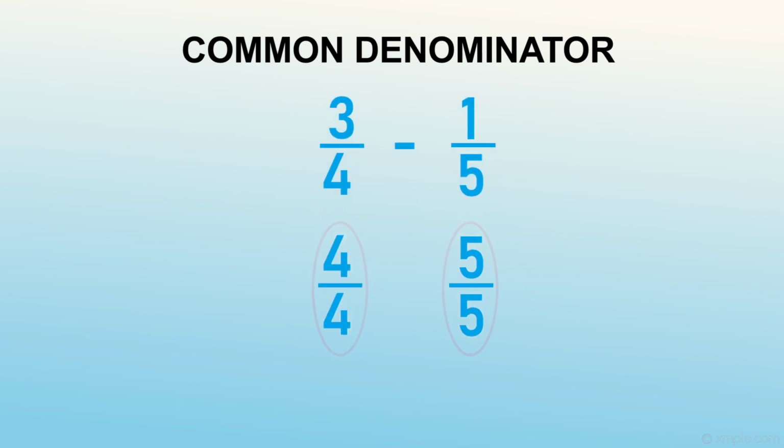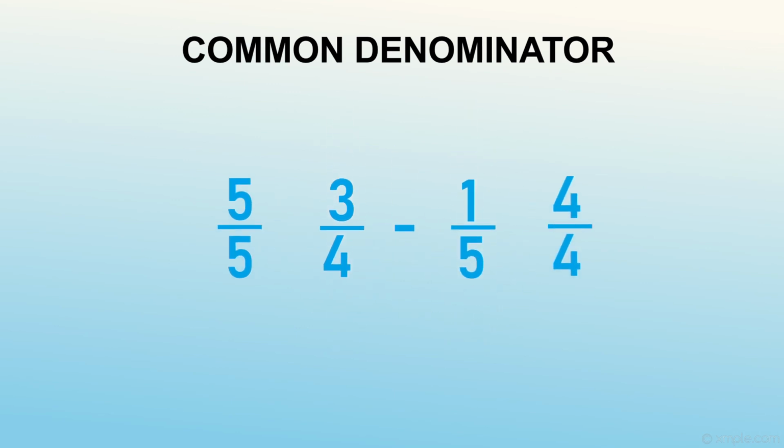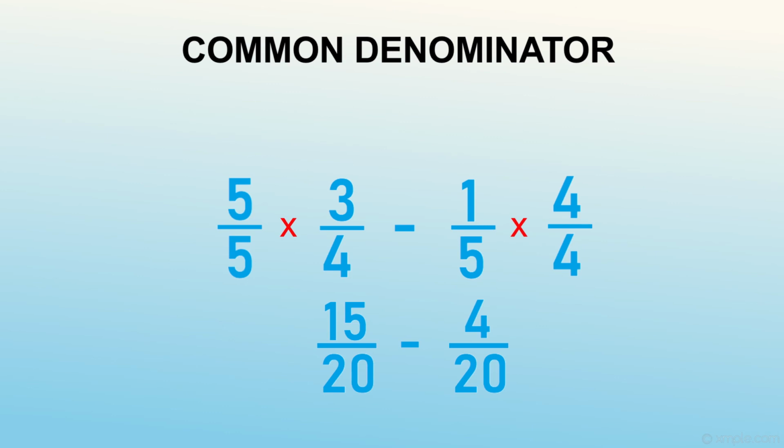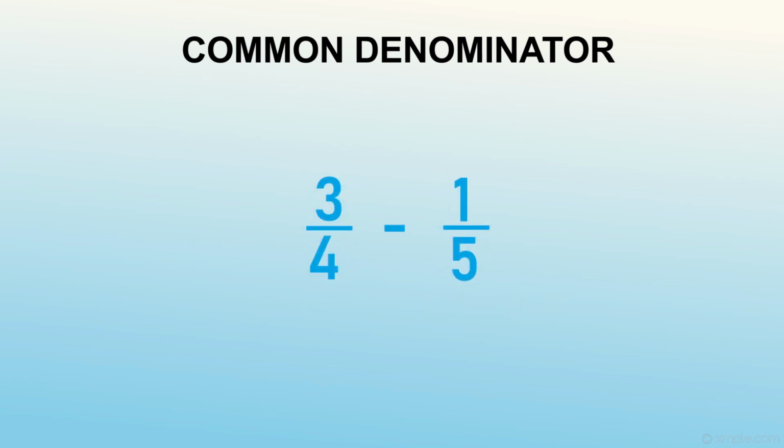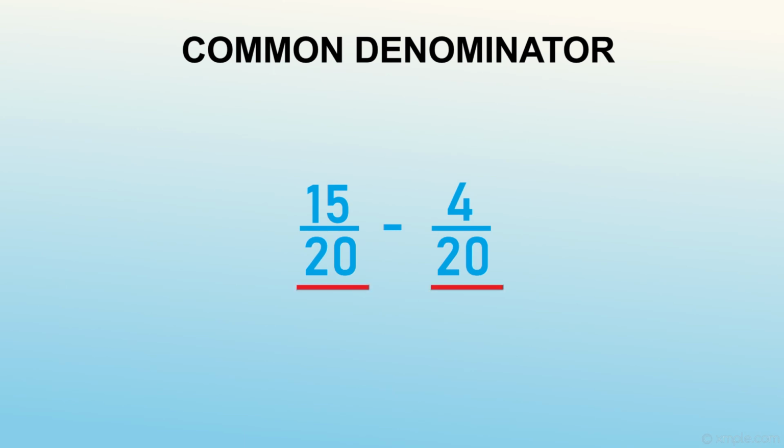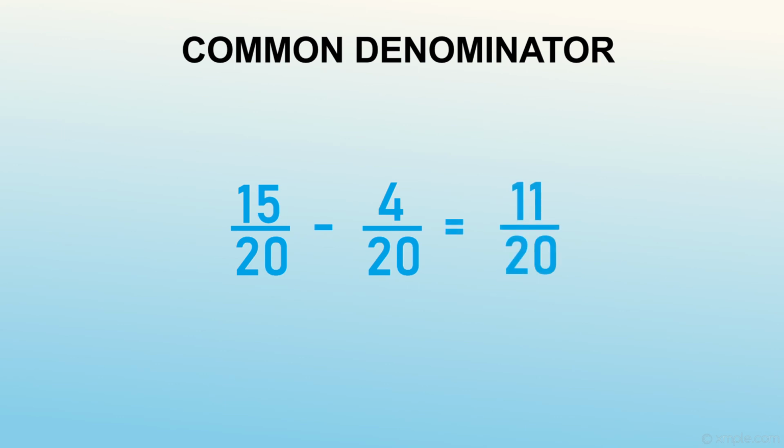Basically, we will take these two different bottom numbers and we will make whole fractions out of them. We will place these two whole fractions on the opposite sides and we will multiply these whole fractions with our unlike fractions. Doing this will result in two new equivalent fractions that will have the same bottom numbers. So we will get 15 over 20 minus 4 over 20 as our new equivalent fractions, whose value is the same as the given fractions, and these are like fractions with denominator 20. So we can add or subtract them as usual.